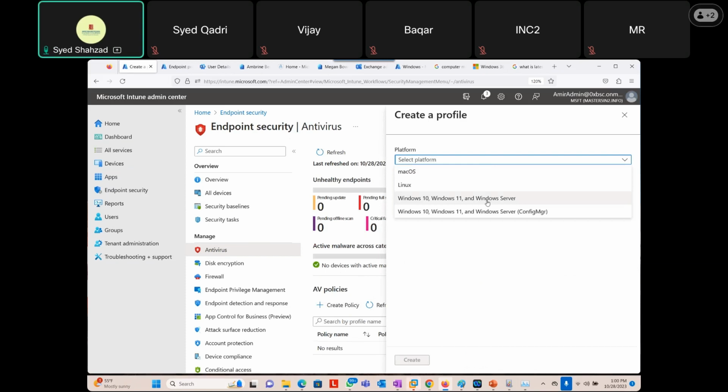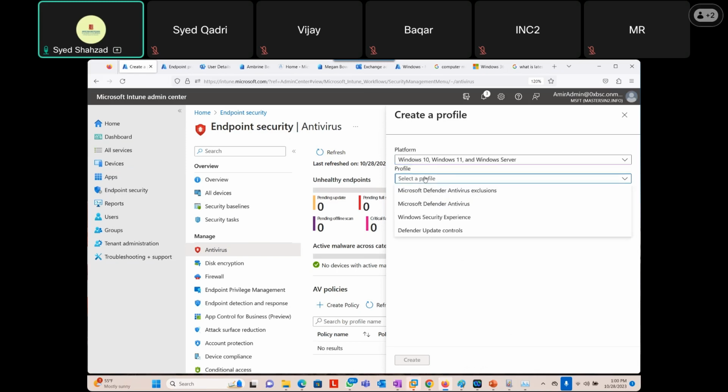So antivirus for Linux, antivirus for Mac OS, but we're going to go for Windows 10, 11, and Windows Server. But this is config manager. Config manager is SCCM, System Center Configuration Manager. If you have that on-premises version of Intune, which you deploy as a server in your branch, then you can go this way. Otherwise, from Intune purely, you can go here and select a profile, Microsoft Defender antivirus exclusions,